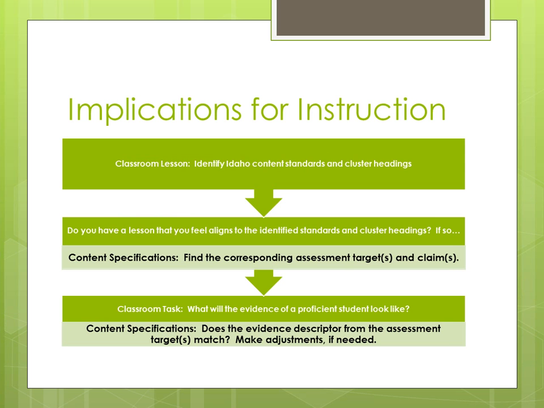And then from there, ask yourself, what will the evidence of a proficient student look like? So if a proficient student was actually completing the lesson or assignment which you had given, what would proficiency look like? And then check and see if the content specifications agree with what you have determined proficiency will look like. So going back to that assessment target, does the evidence descriptor from the assessment target match to what you're thinking? And if it's not,